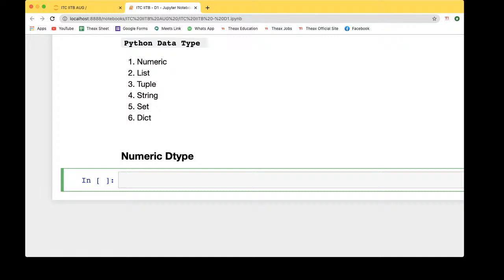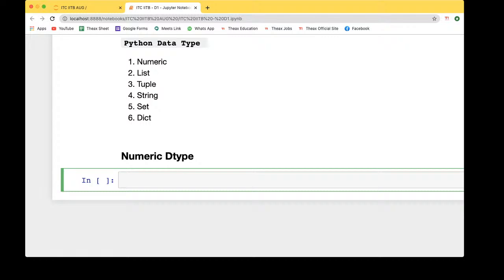What are integers? Since class 7 or class 8, we have been learning integers and decimals, the whole numbers, natural numbers, and all these things. In Python, integers are numbers which are not decimals or fractional values.